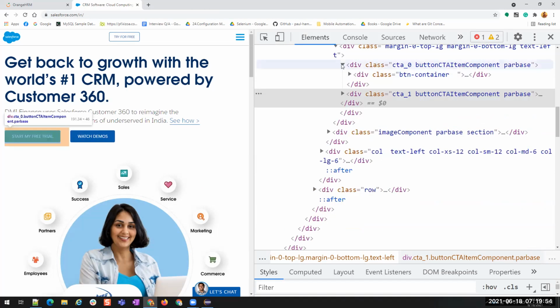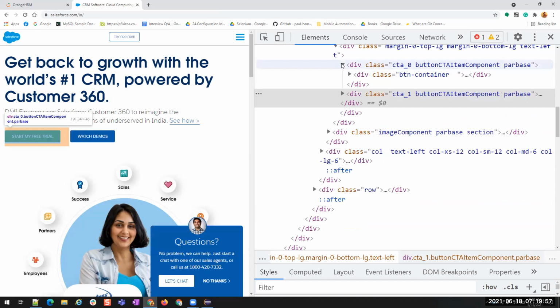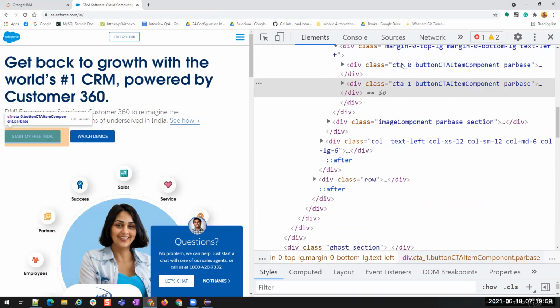Yep. You see here, we have these divisions, but the numbers CTA 0 and CTA 1. The division class is CTA 0 and CTA 1. There are some numbers, right? Button CTA item component, button CTA item component par base is normal text, which is unique. But the class starting with CT underscore 0 and CT underscore 1 is not unique. These numbers might get changed at any time, right?